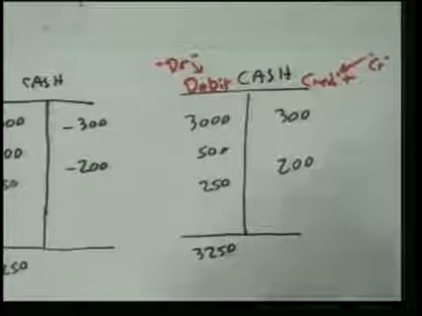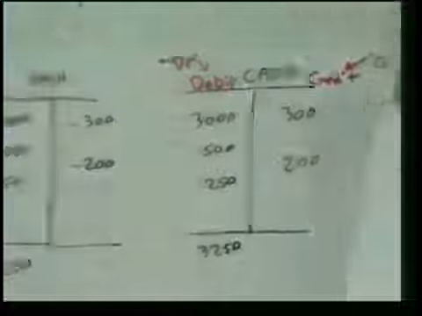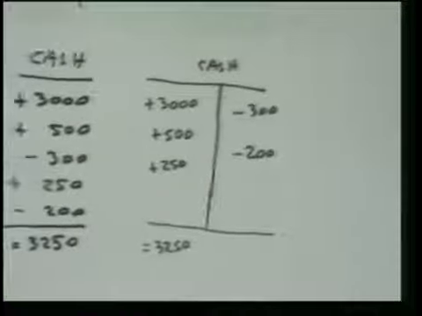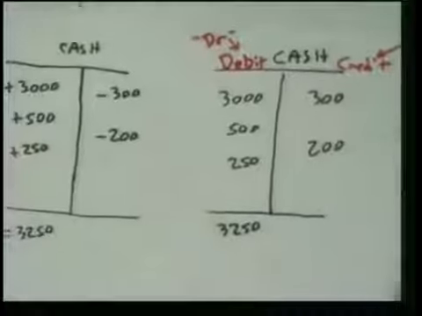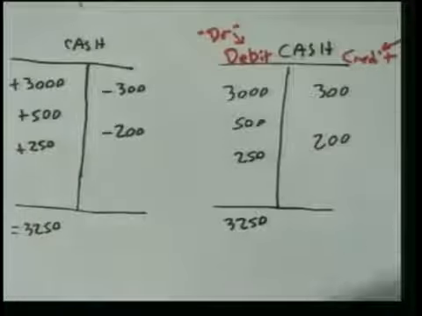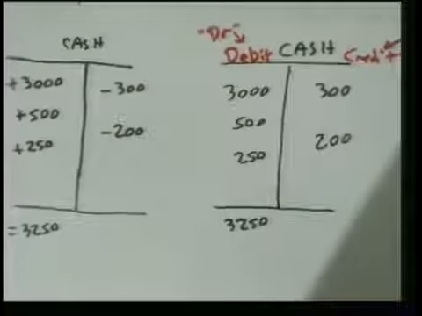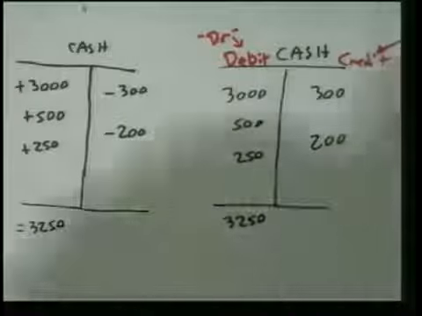You with me? Let's take a look at this one more time. This was the chapter 1 way. Then we did this transition right here, right? And then I did this transition, correct? And I introduced these new concepts: the left side of a T account is the debit side, the right side is the credit side, correct? Now, going back to our PowerPoint,